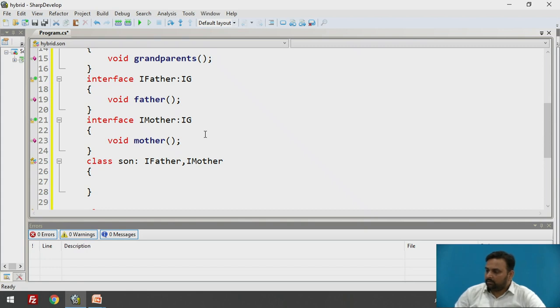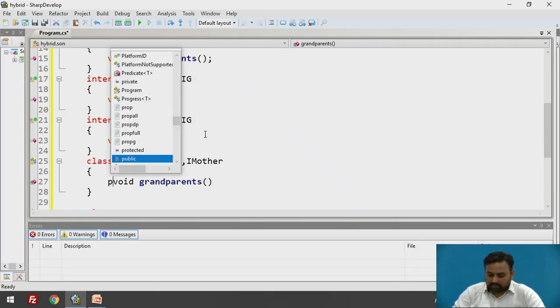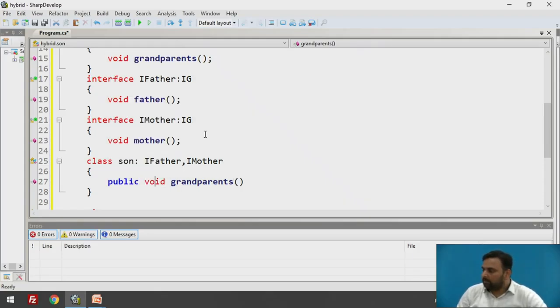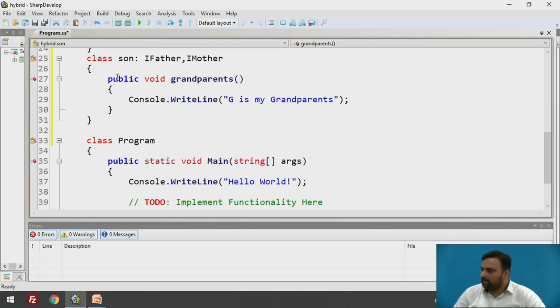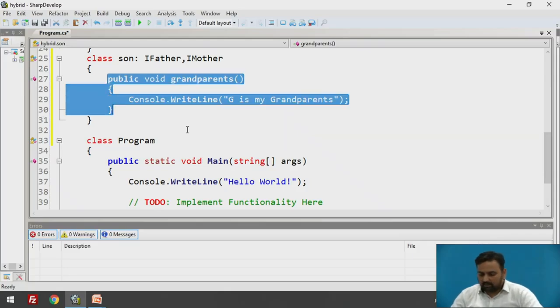So I will write void grandparents. Obviously we have to write it as public. Public void grandparents. Now I will write Console.WriteLine, and let's say G is my grandparents. This is a simple method. Likewise, I will copy this one.